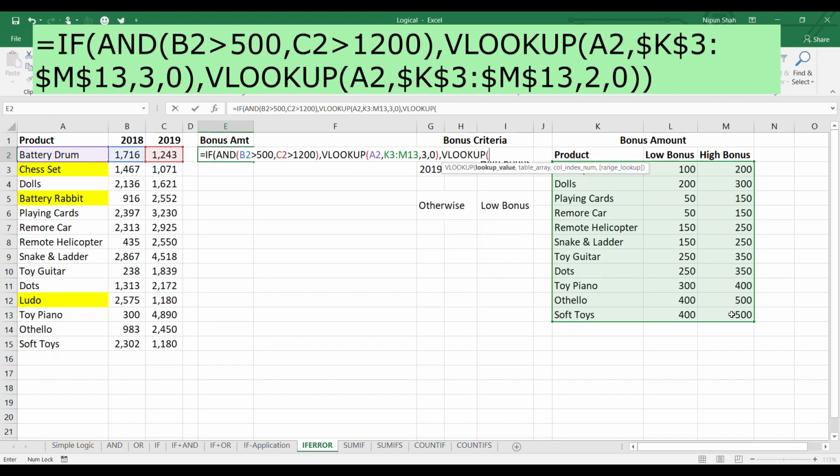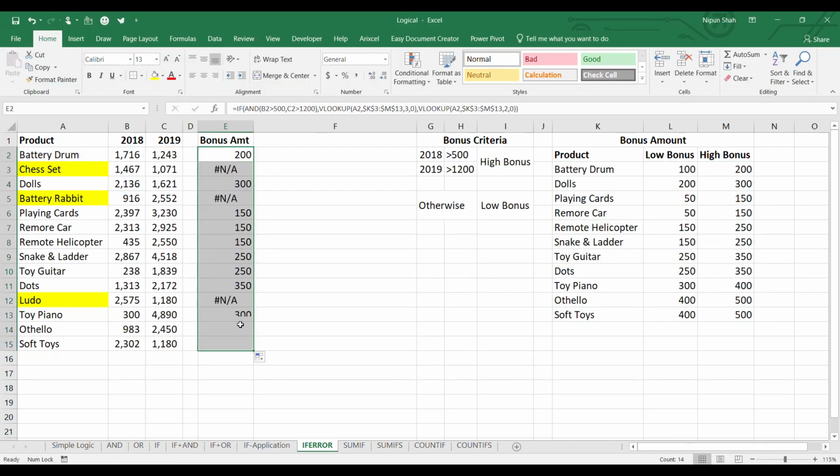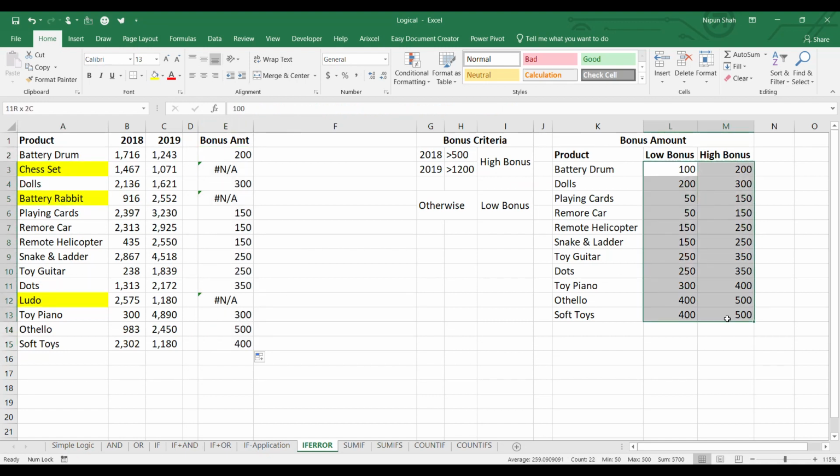We look up this into this table, column number 2 and 0, close VLOOKUP, close IF, freeze the table array here and enter. So I'm getting the amount of bonus which should be paid. But these three are returning an error because these are not defined in the table.